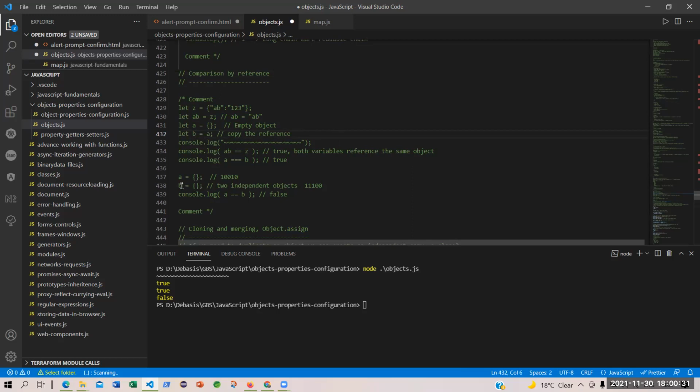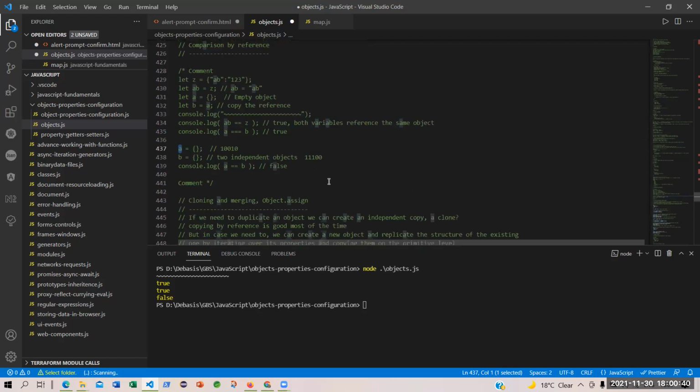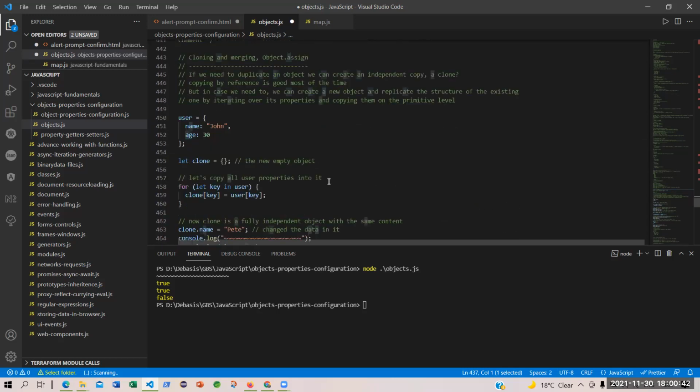Whenever we create two separate objects, the copying of the reference has gone, right? But in case we need to create a new object and replicate the structure of the existing one by iterating over its properties and copying them at the primitive level, let's take an example.